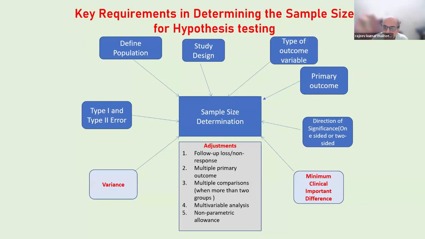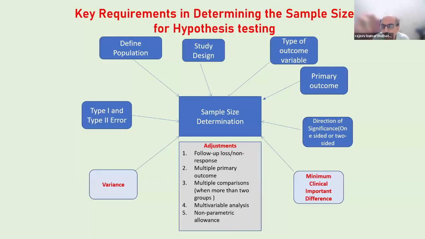After you decide this, we go for the direction. Now, what is the meaning of direction, type 1 error and type 2 error? I will explain these in the next slide, but just briefly: direction is either one-sided or two-sided. If you are saying your hypothesis is that it will increase in one direction or it will reduce,